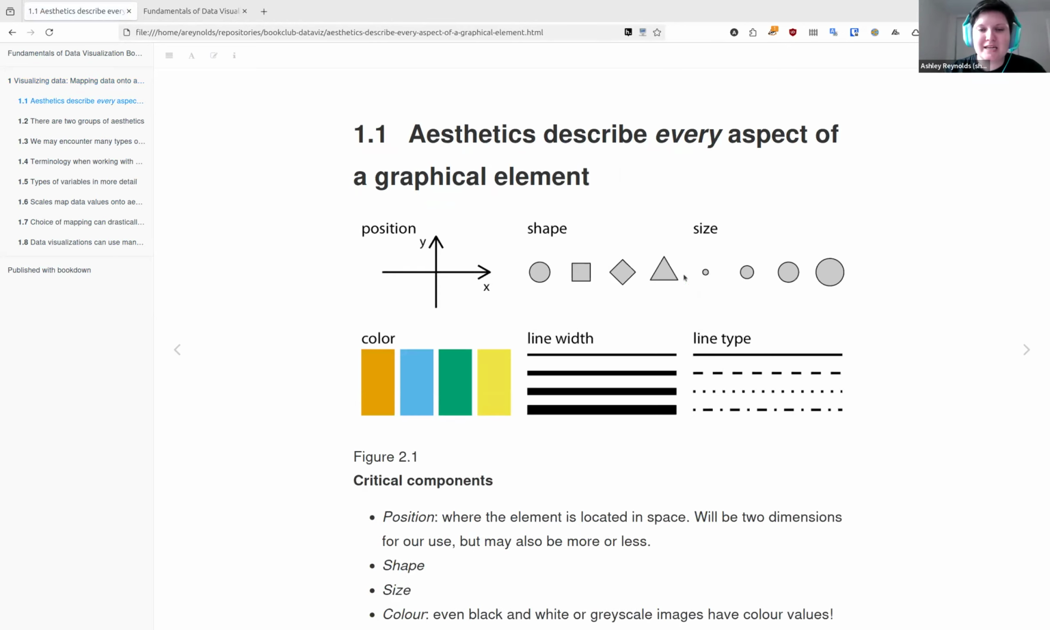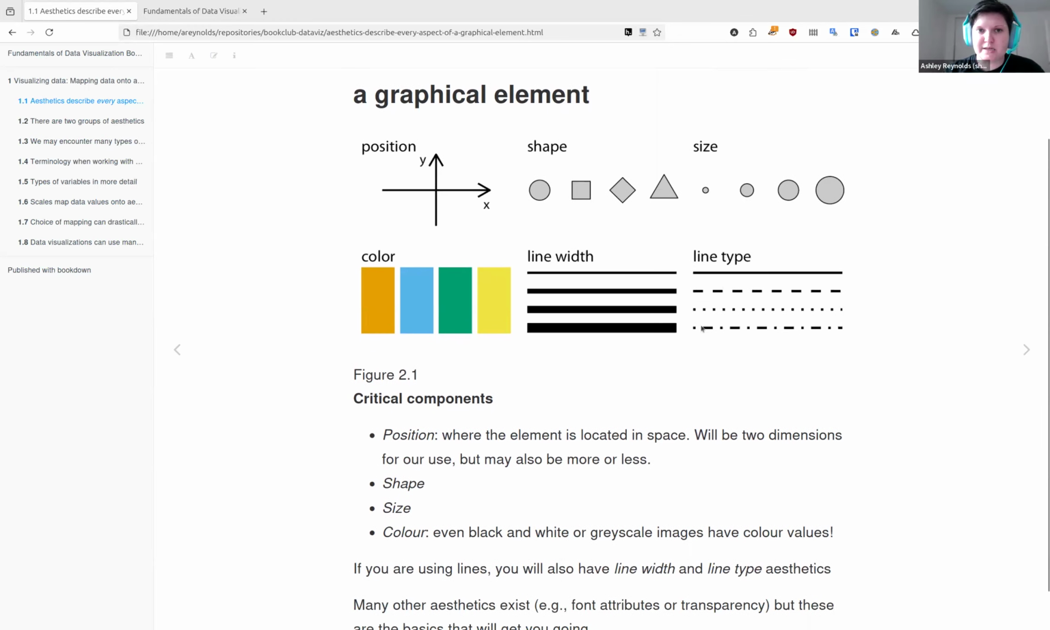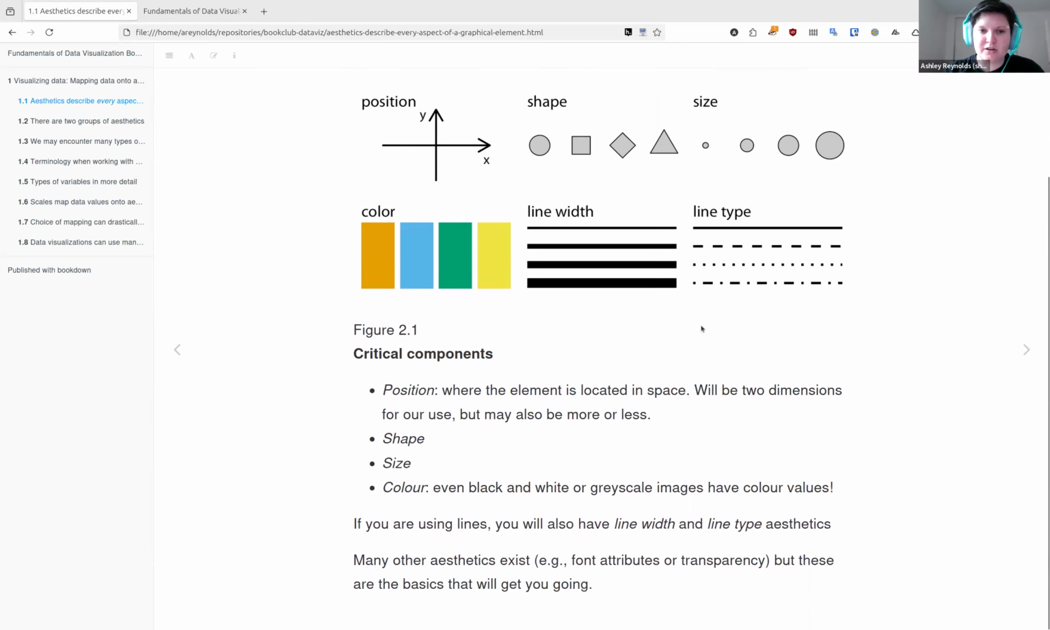So, an aesthetic is anything that describes an aspect of a graphical element. And every single aspect of a plot has to be described as some sort of aesthetic in order to be visible. So, you're going to need to have an aesthetic for everything that all of your data basically, or it will not show. So you can sort of see some examples of what aesthetics are in figure 2.1 of the